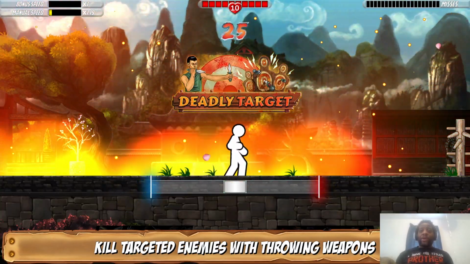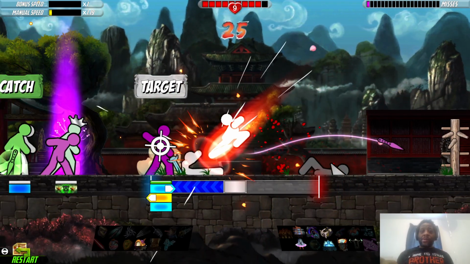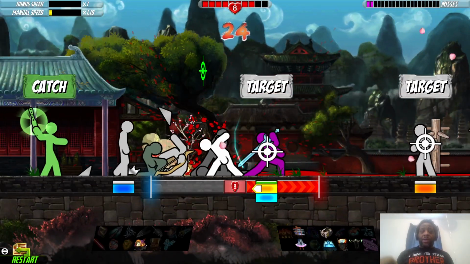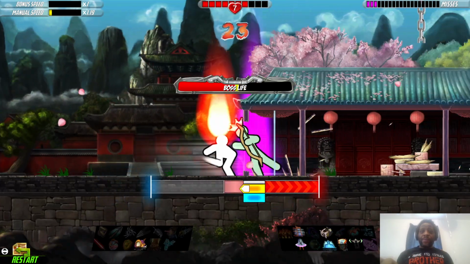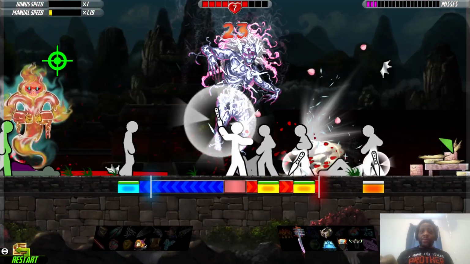Oh, it is Deadly Target. Alright, so a Deadly Target level means, number one, the only way to kill that purple guy to the right, or now these white guys to the left, oh god, is to physically hit them with a projectile. Which means you have to...